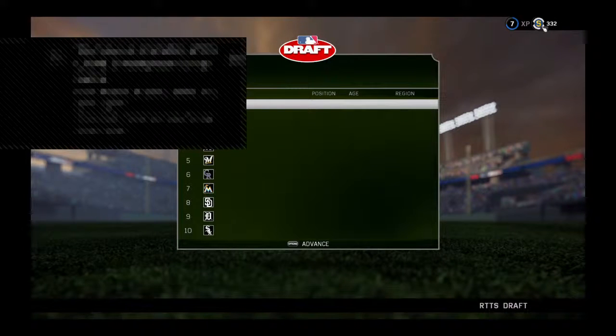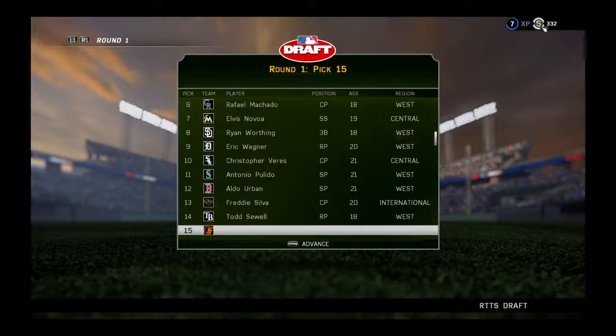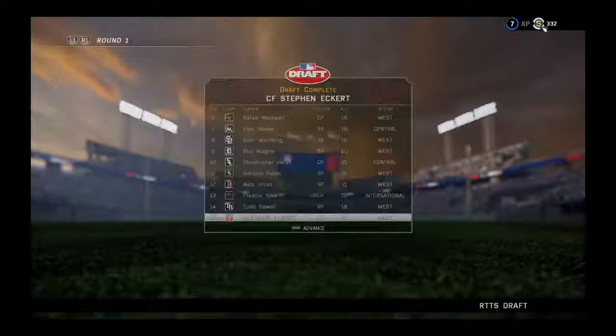Welcome, everyone, to this year's Major League Baseball first-year player draft. With the 15th pick of the first round, the Baltimore Orioles select Stephen Eckert, a center fielder from the East region. Okay, so another top draft prospect is off the board after...